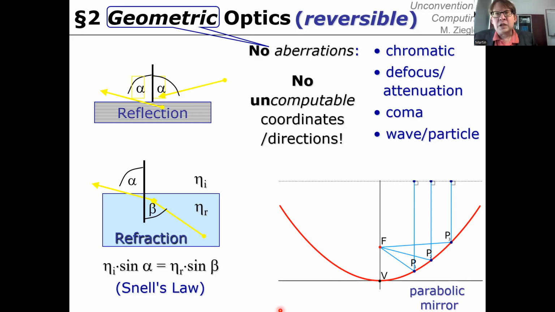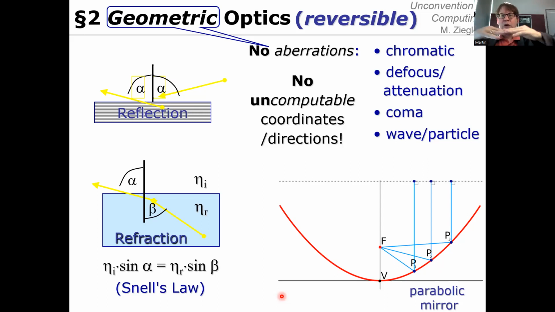Now, parabola is one of the three conics. Conic means if you take a cone in 3D, and if you cut through it, then it depends on where you cut through it. And if you cut through it in one way, the result might be a